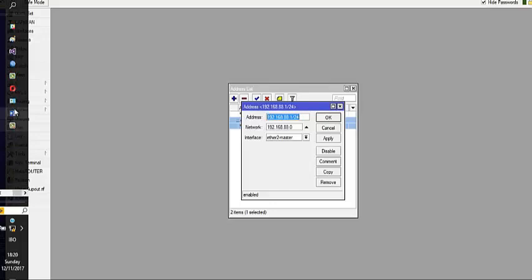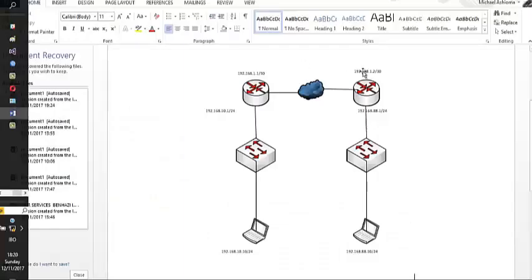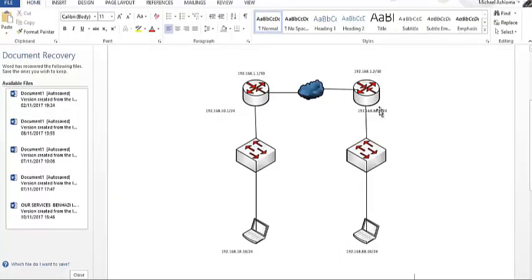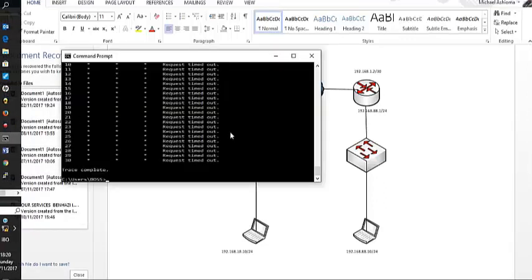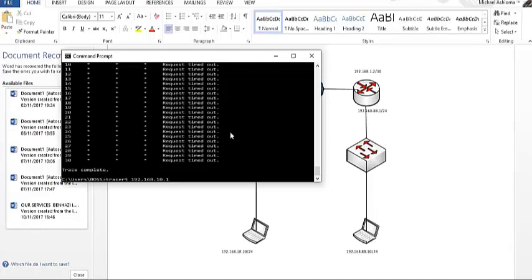So I'll run a ping to 10.1 to be sure that we cannot reach there before we start setting up our VPN. As you can see, it is unreachable. That's the LAN of the other router.